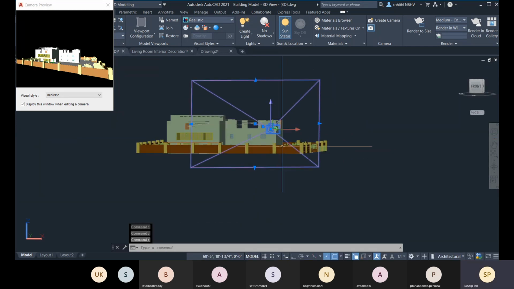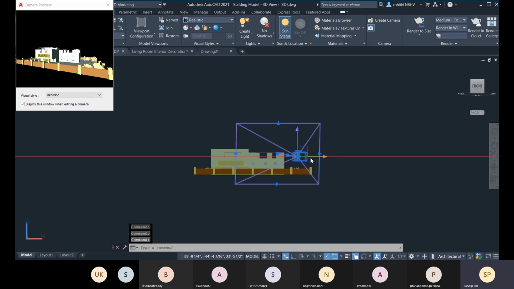Now one thing, go to this front here and select it. So everything is aligned here right now.